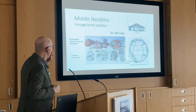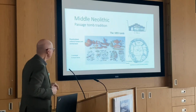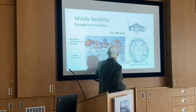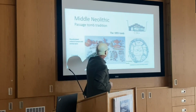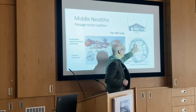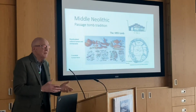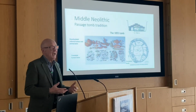And then there were some disarticulated human remains put on top of it. So the cremated bone was found in the pots, and the disarticulated human remains. Apart from this, two further skulls were found at the back here. So this sets up, in many ways, the idea that the dead were being processed by